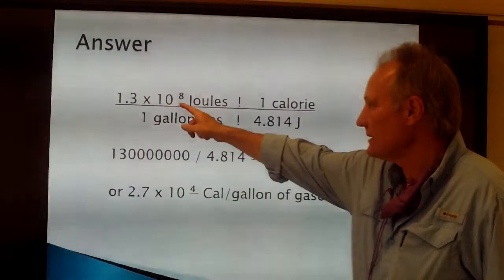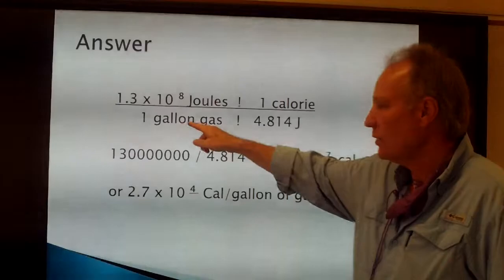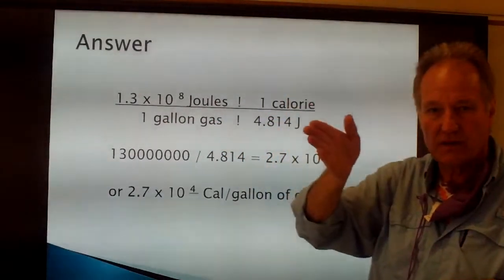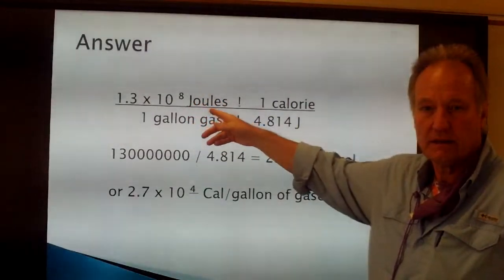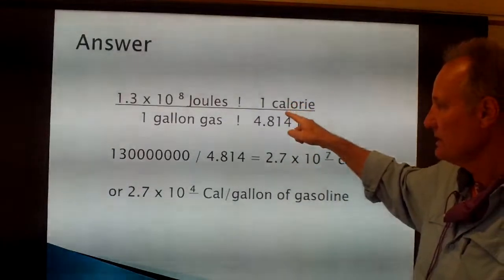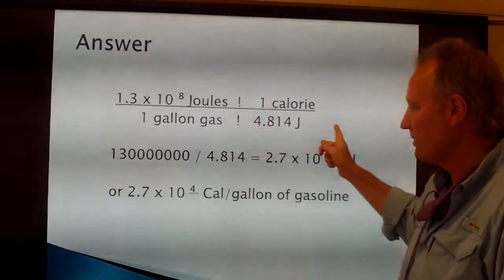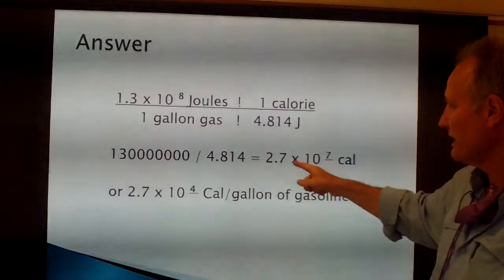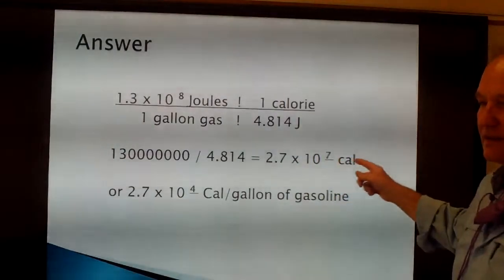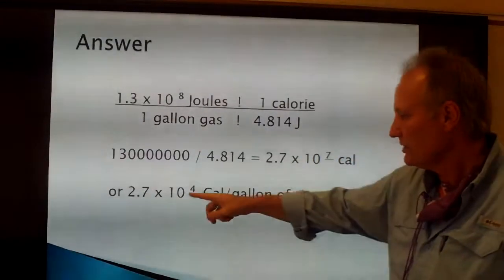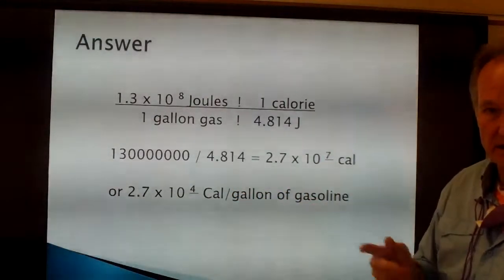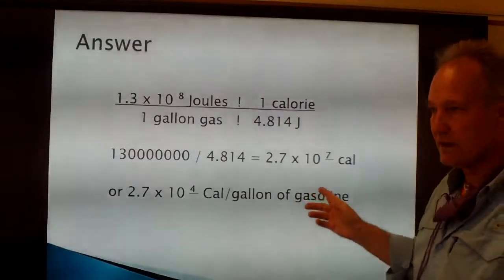1.3 times 10 to the 8th joules equals 1 gallon of gas. So whenever you have an equality horizontally, you can change it into an equality vertically in dimensional analysis. And you know that 1 calorie equals 4.814 joules. Multiply everything across the top and everything across the bottom, and then divide the top by the bottom, and you get 2.7 times 10 to the 7th calories. Or 2.7 times 10 to the 4th kilocalories per gallon of gasoline, since kilocalories is a more common